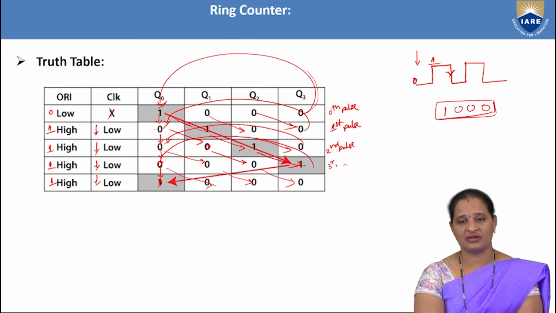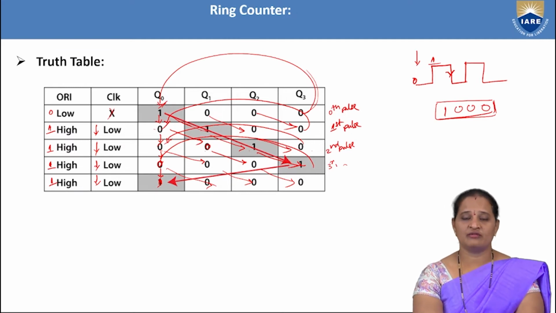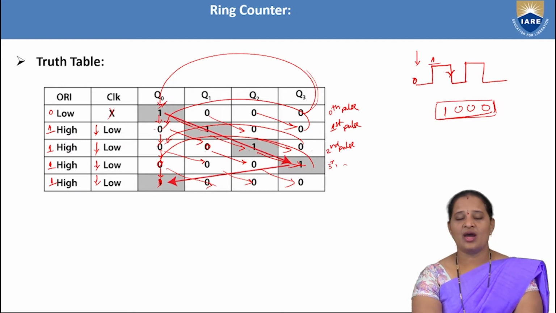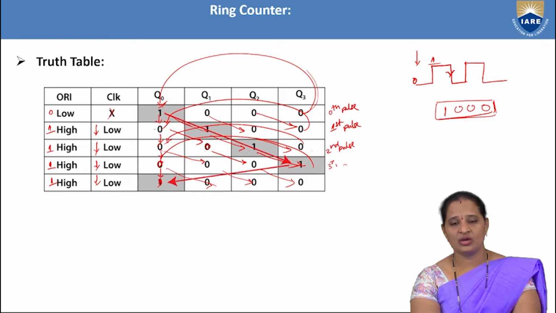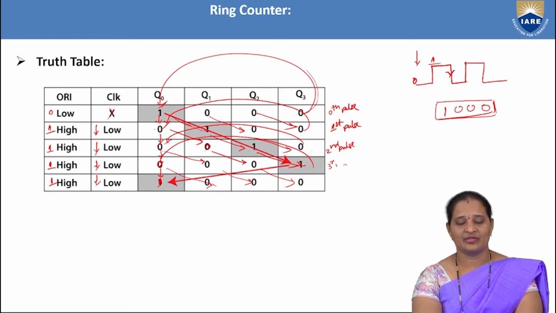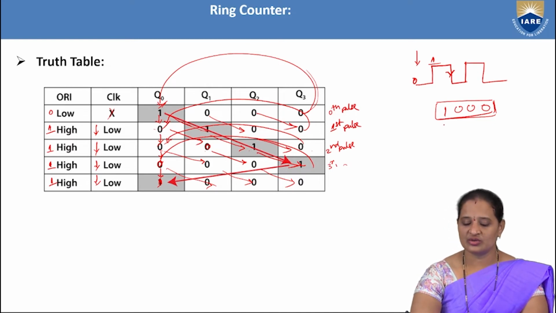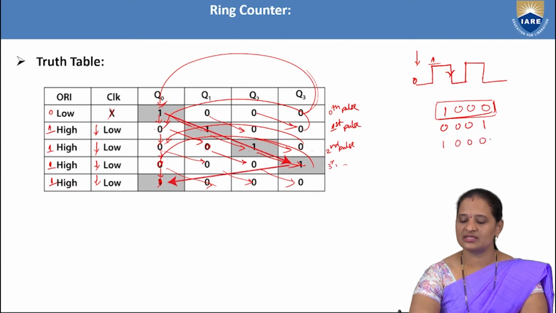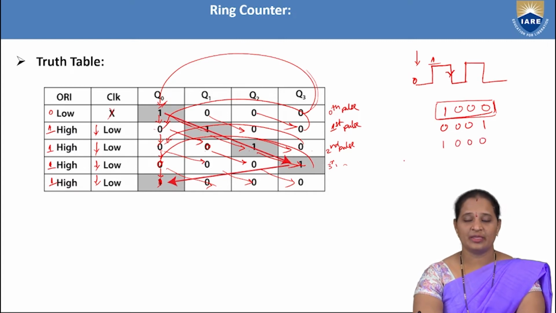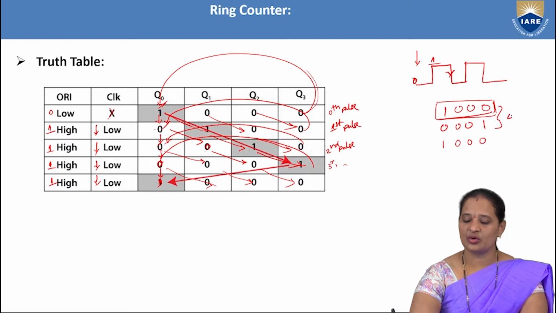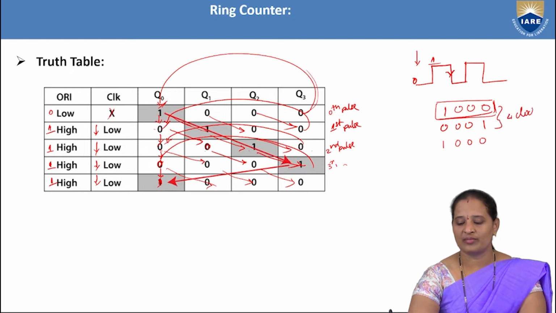So that is why we can say that using this ring counter, where we have provided a feedback from the output of the last flip-flop to the input of the first flip-flop, we are only able to count 4 pulses. That means the counter can undergo only 4 states, from 1000 to 0001. Once it is done, for the next clock pulse, again the same sequence repeats here. So that is why it is able to count only 4 clock pulses.